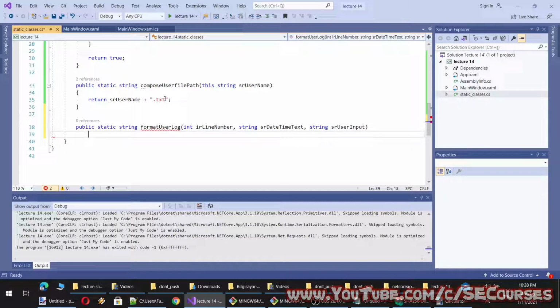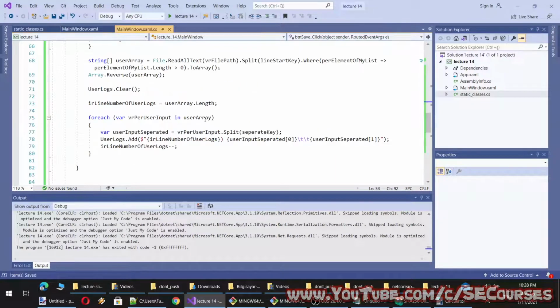Okay, and it will return a string. I can also take a date time instead of date time text, but for now I think this is fine for us. So here, instead of writing it manually like this, I will call this method.